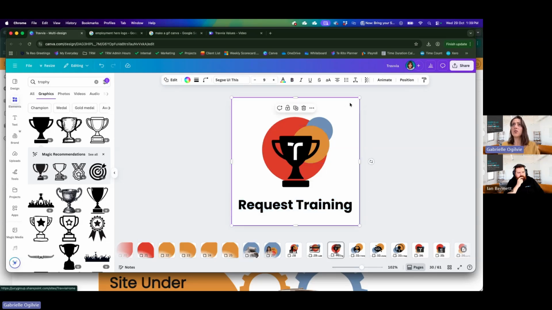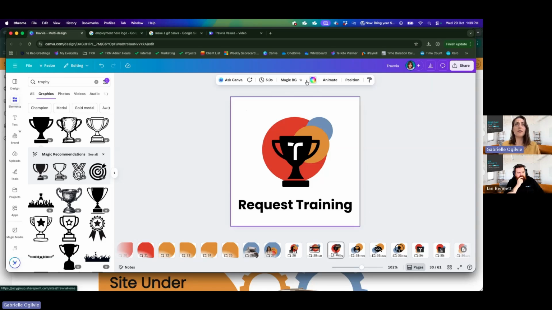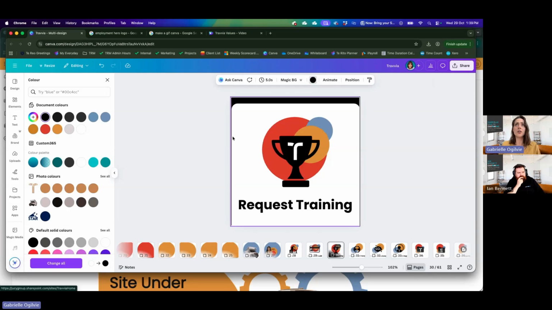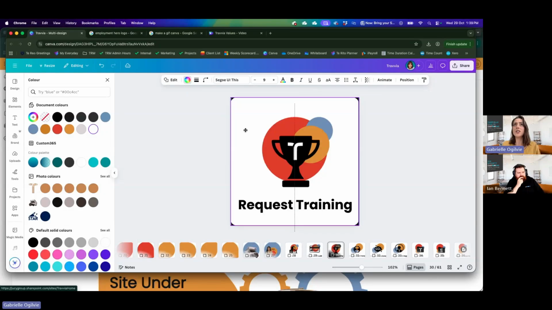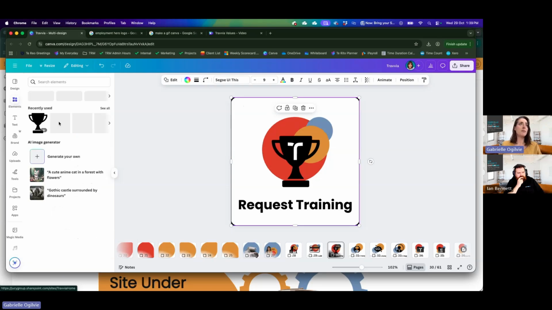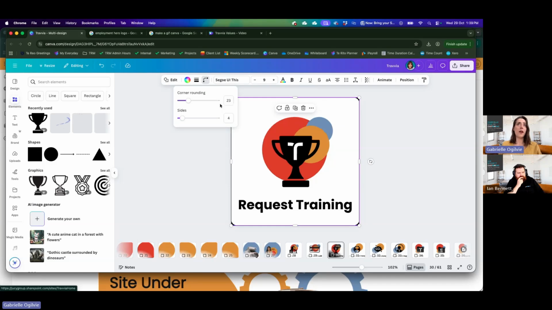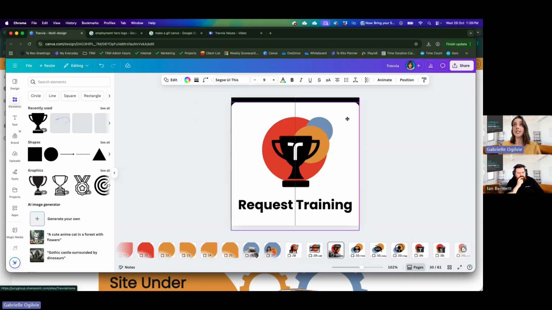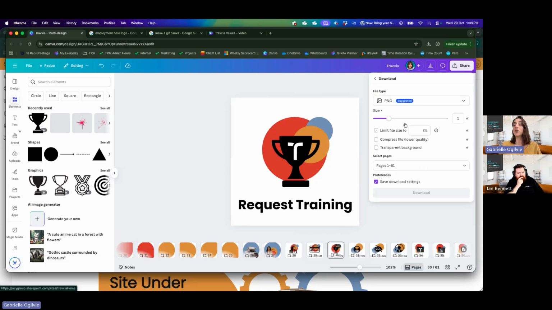So one last thing to just note here is I actually have something going on right behind. So if I just change this color, you'll see what I've done quickly. I just like this. I like it when I do my quick links. I like to give it sort of a background. So you'll see here that we've got this, and that's just a square, right? And that's in your elements, in your shapes, a square with a rounded corner. It's very, very easy. I'm going to take that out quickly, bring it back up, and then you're going to go ahead and click share, download, current page, transparent background, download, and that is how you are going to make